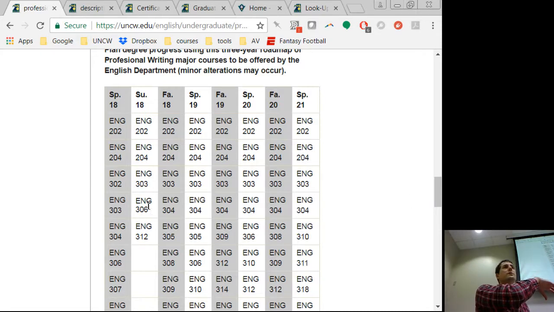So as you're going through your worksheet, you can plot out your progress. Now, occasionally we do have to make a couple of changes to these. It's rare, and when we do it, we try and make sure that any changes will count in the same category on your worksheet. And generally they're ahead of time. It's not like we're going to make sweeping changes for the fall or anything like that. So do be aware that that's there, that 3-year essentially forecasted course schedule. The only caveat is summer. You'll notice we got summer 18, but we don't really know the summer ahead of time. We kind of can't. Summer's handled very differently.